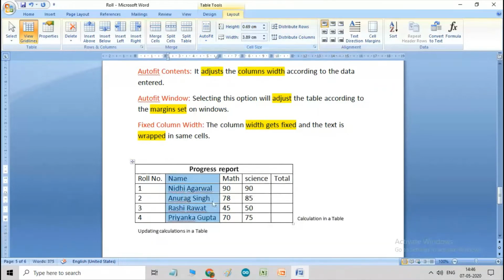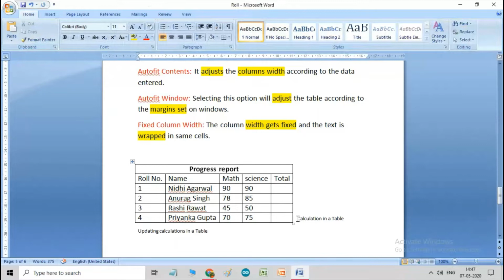So you see the column is adjusted according to its content. And you have noticed that the table size is also decreased, and whatever the contents are in this table, they are adjusted according to the content entered in the table. So this way we can use this option.